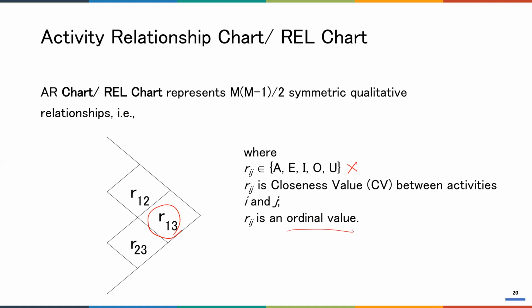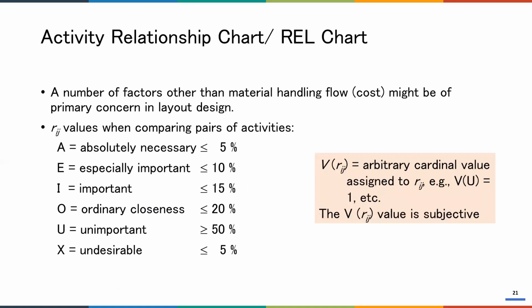So there is no numerical value there. And we can transform those values, those absolutely important, especially important, ordinary important, unimportant, and undesirable,